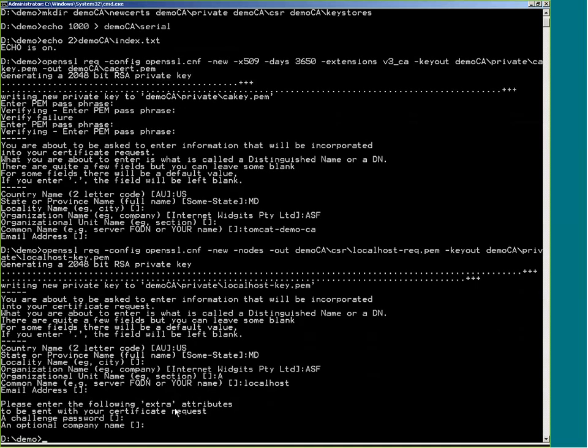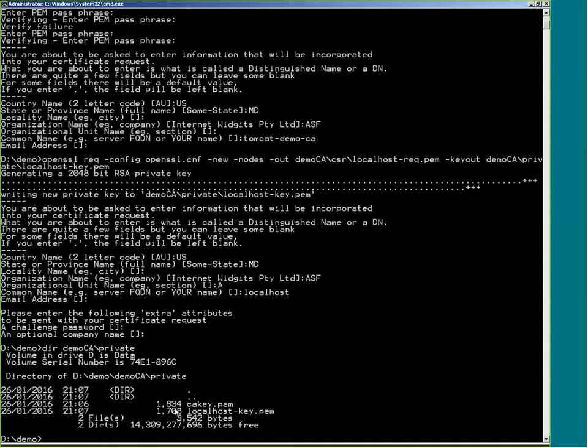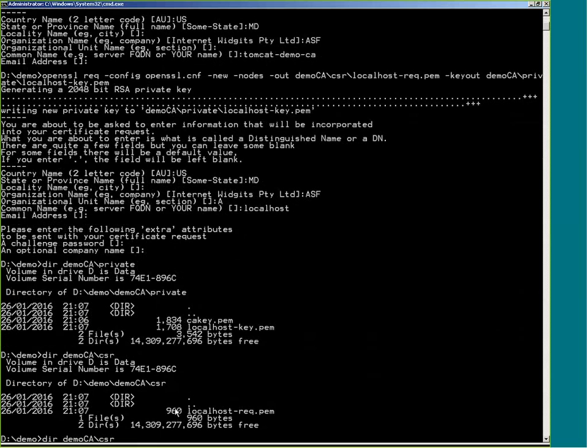So if we go and have a look in our demo CA, in private, we can see we've got our localhost key. We've also got our CA key that was created in the same place. And if we go and have a look in our certificate signing requests, we have our certificate signing request. Now, that's the file whose contents you would normally paste into the Symantec, the DigiCert, the whoever's website in order to get your certificate. So now we're going to change hats and go back to being the certificate authority,